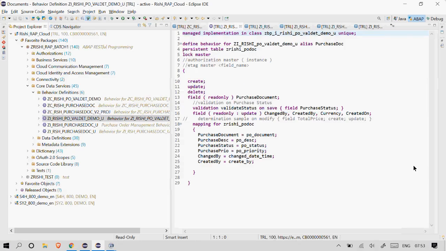ZIPO receive valid demo. Okay, so we have to mention that this is a managed implementation, and what is a class which implements the functionalities related to validations or anything. And we have to also mention this is for this CDS view, which is GIRC pure validation, and what is